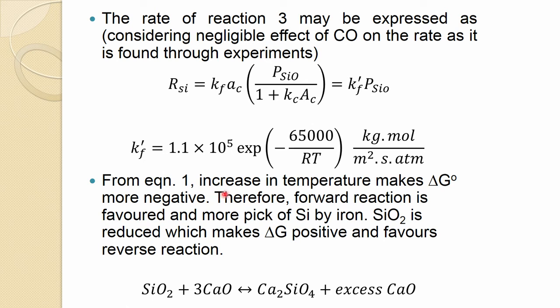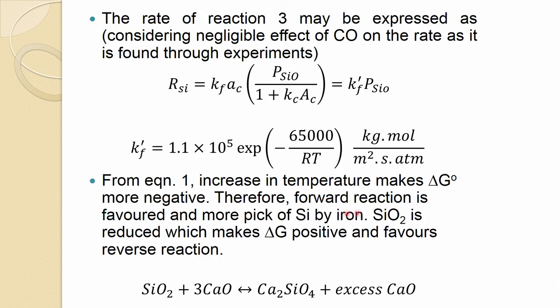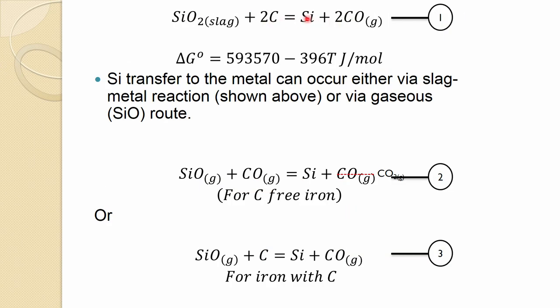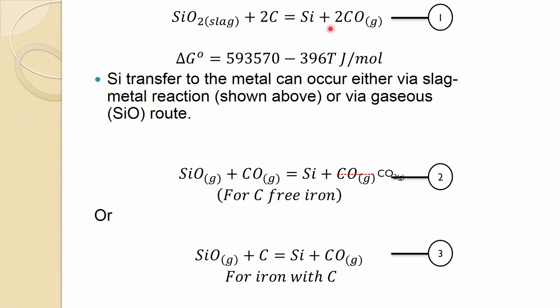Now in equation 1, an increase in temperature makes delta G more negative. So if you increase the temperature, the forward reaction is favored and there is more pickup of silicon. But SiO2 is reduced, which makes delta G positive and favors the reverse reaction. So naturally you need a very high temperature, which is not possible in the hot region, and this way silicon transfer through this reaction is not possible